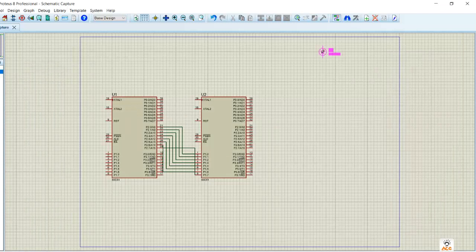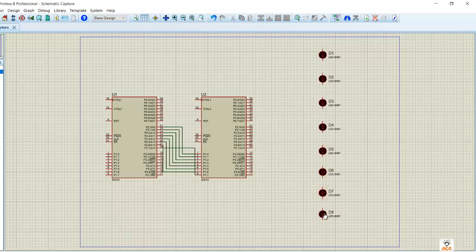So 1, 2, 3, 4, 5, 6, 7 and 8. So now make connections from port 2 of the second microcontroller to all these LEDs.